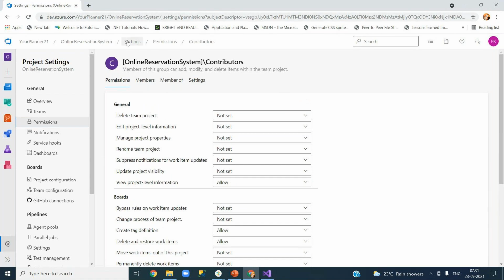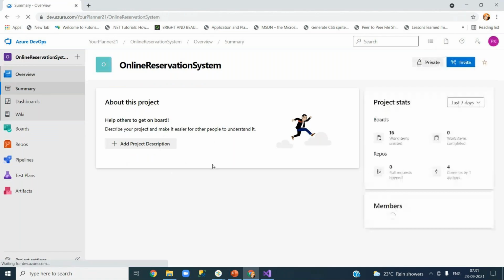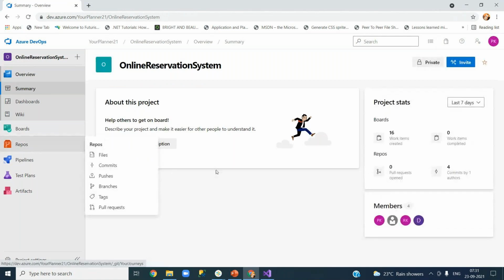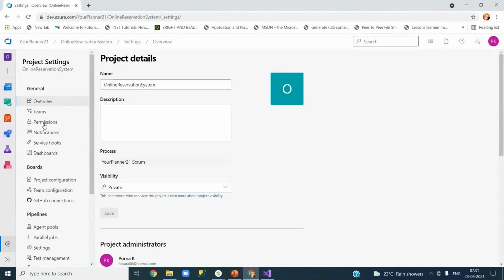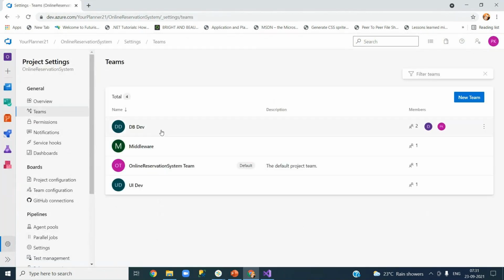Now let's get back. How do we add a custom group here? The same thing we did already in our groups, right? When you go and add a team, this is nothing but you are adding a group. If you go to the permissions as well,